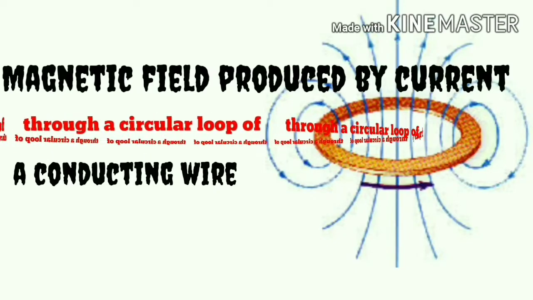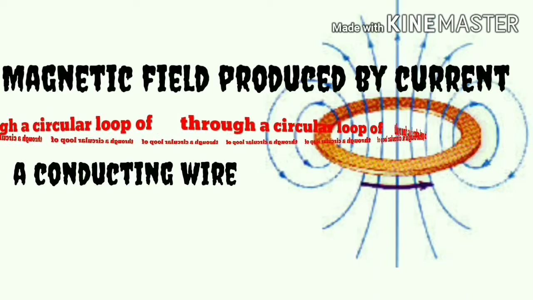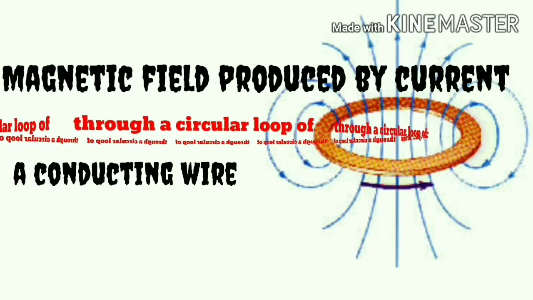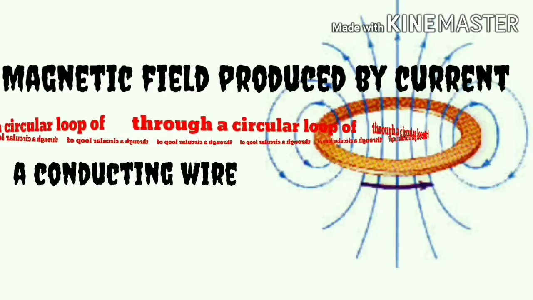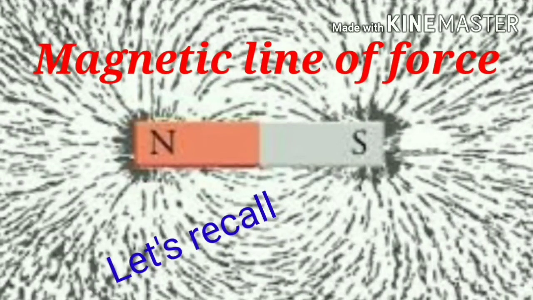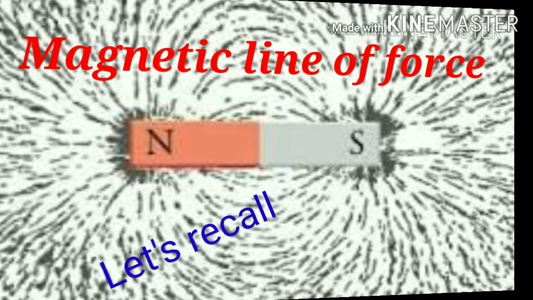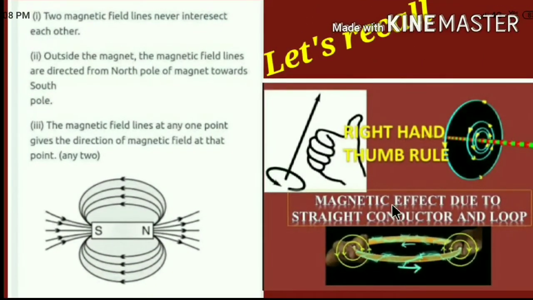Next point, magnetic field produced by current through a circular loop of a conducting wire. Let's recall some information about magnetic lines of force that you studied in the previous standard. To study the magnetic field through a loop, let's recall what you studied in the previous standard,